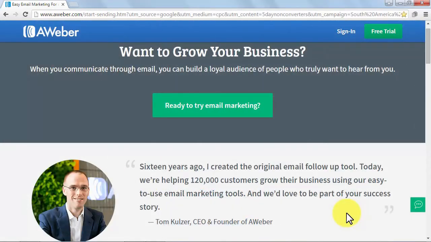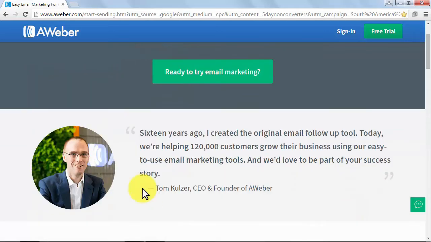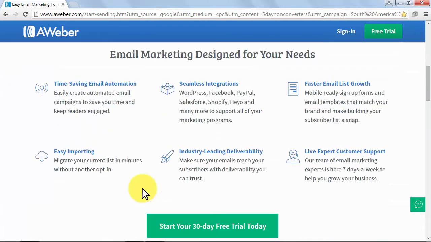Aweber. Aweber was the first email marketing creation tool. It remains one of the best and easiest to use tools for managing and building mailing lists. It offers an intuitive and practical interface so anybody can use them at any time. It will give you tools for the automation of your email campaigns, seamless integration with your sites and applications, faster email list growth with its built-in templates and customization options, easy importing of your lists, industry-leading deliverability technology, and ongoing